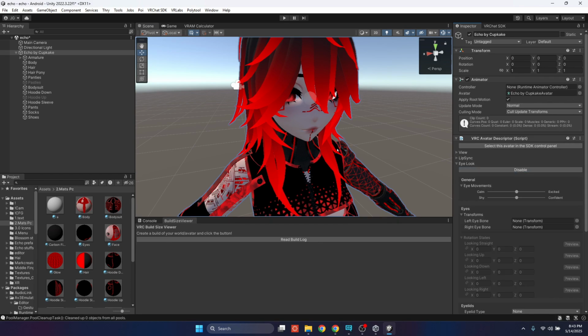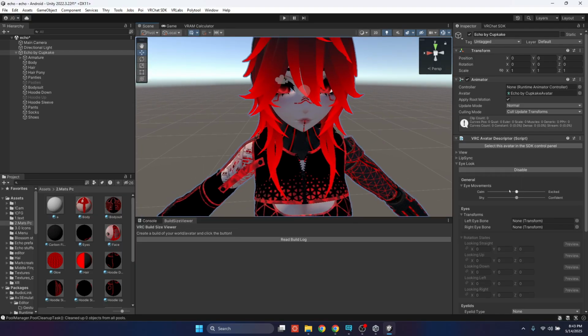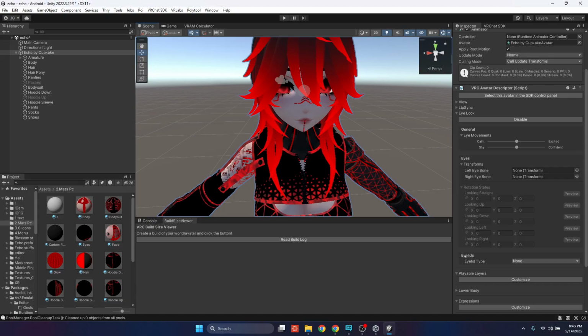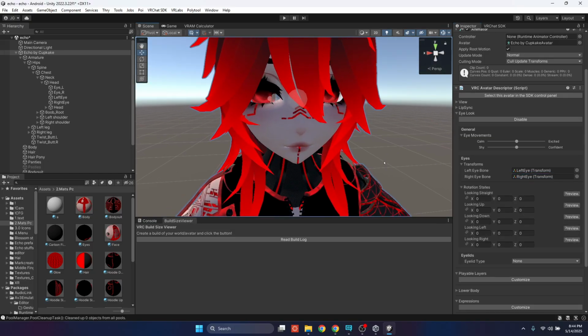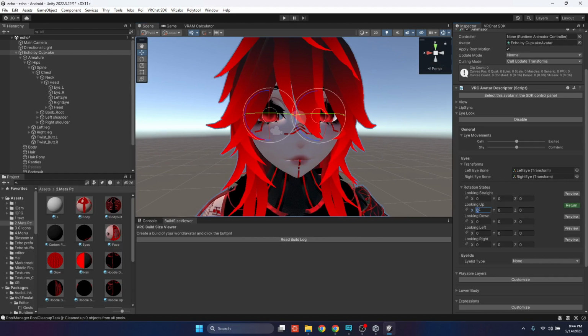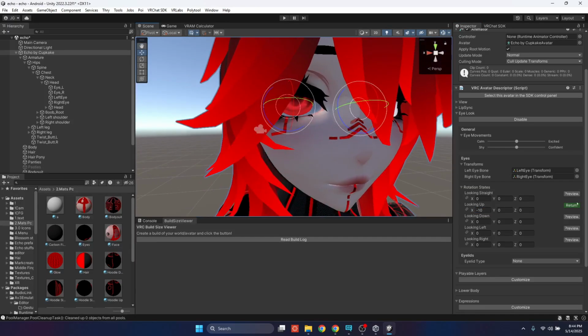Next is eye look. This is where your eye is looking. Now sometimes this is done with blend shapes and stuff, but for most of the avatars it's with just the actual eye. When you go down here and into head, you will find left eye and right eye. Most of the time they are named that, but sometimes they are not. Now that's done. Now the next things you will have to fiddle with is look up. Usually it's on the x-axis, negative or positive. It visualizes it so you can see. Next is look down,